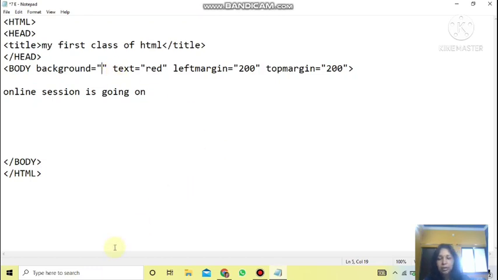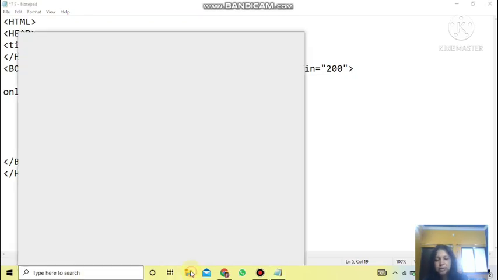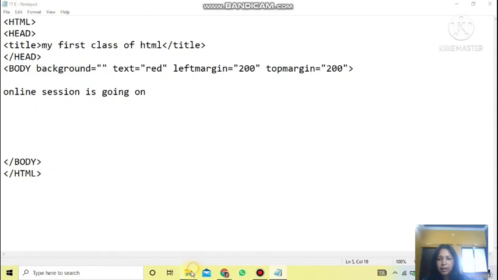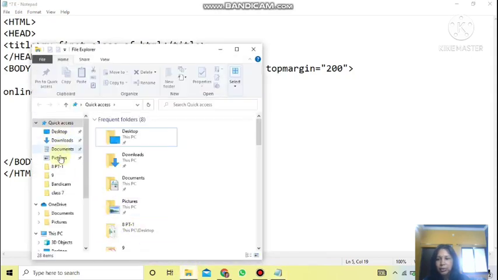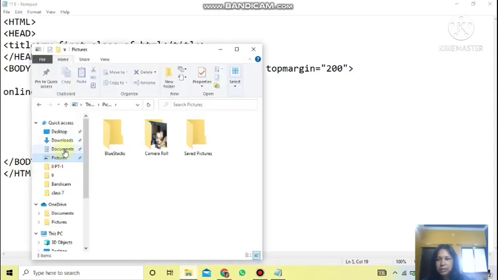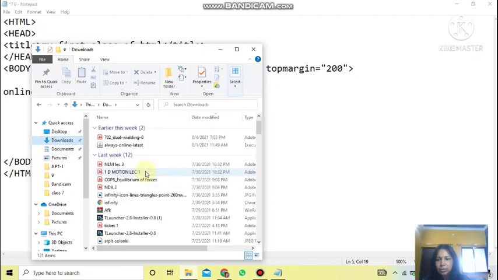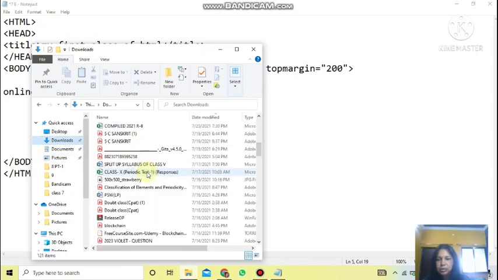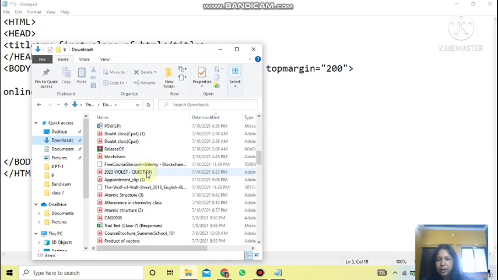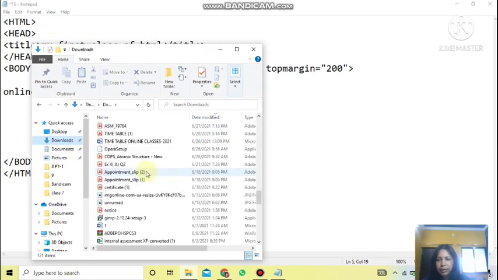For that, I am opening Windows Explorer, and in downloads, suppose I have the school's logo.